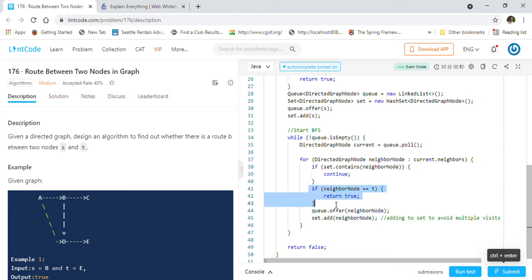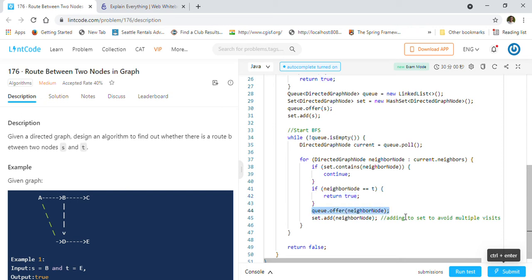But before that we want to check if the neighbor node that we are looking at is the target node or not. If it is the target node, it means that we already found our target node, so a path exists from source to target. In that case we will directly return true here, because there is no point going forward, since we already found a path from source to destination.